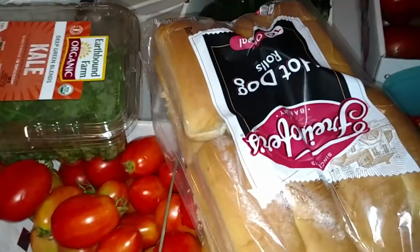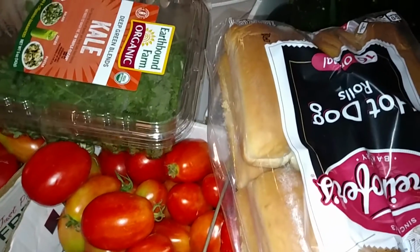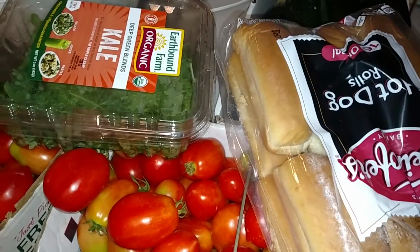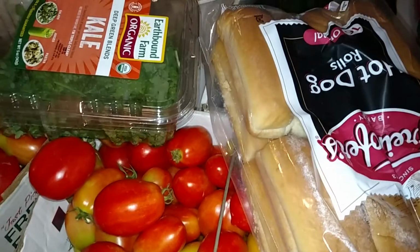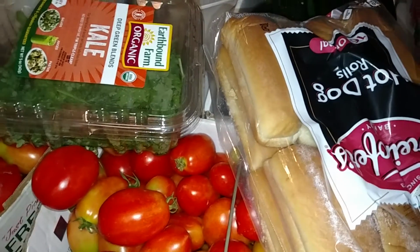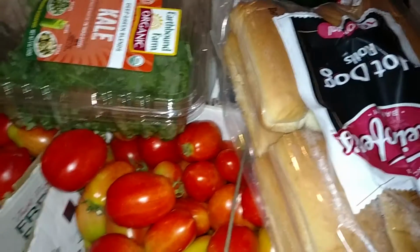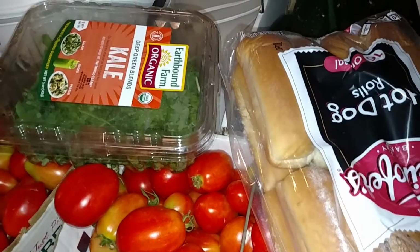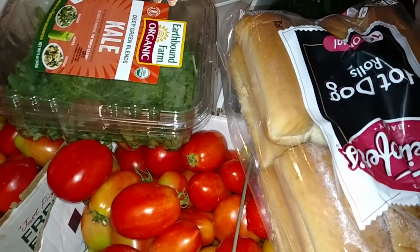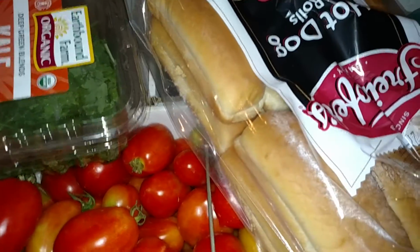So this is how we roll. We cannot grow half of the things that we have here for as cheap as we can get it at the food auction. We do grow things and we go to the food auction. It all depends on what we're doing. So yesterday, and we do this every single week during the harvest, and sometimes when it's not harvest, because they